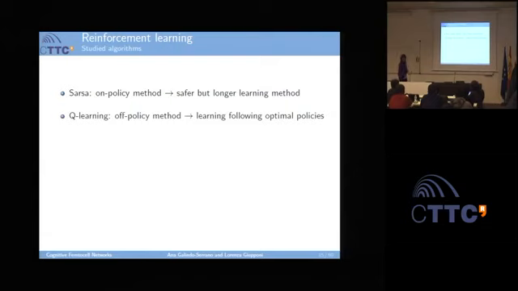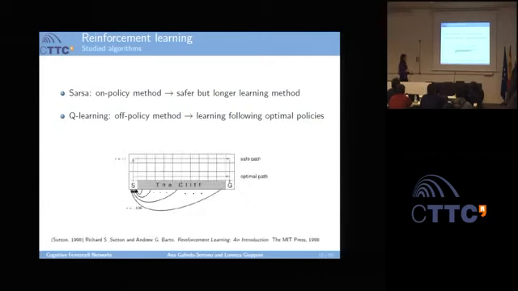And then we have the Q-learning algorithm, which is the contrary, it's an off-policy method. And this means that the update of the action value will be based on the best action for the next state. We will see this in the question again. But the idea is that once it finds a good policy, it will follow it. This will give us, well, we will see this better in the example.